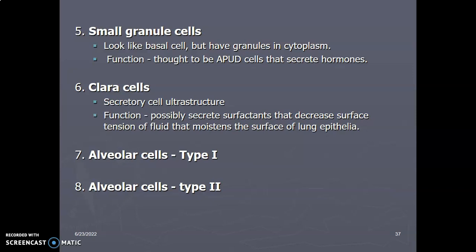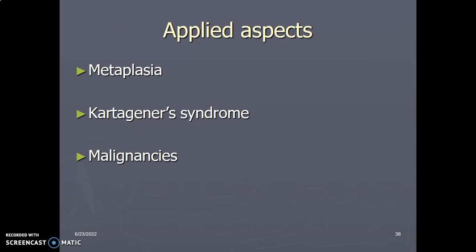Then we have alveolar type 1 forming the gaseous exchange surface, and alveolar type 2, which produce surfactant. So we have metaplasia, where we talked of change of epithelium from pseudostratified columnar to squamous epithelium in the trachea due to irritation. Cartagena syndrome is a genetic condition where cilia do not develop well, so you can't propel the mucus that has trapped dust. So the patient will have